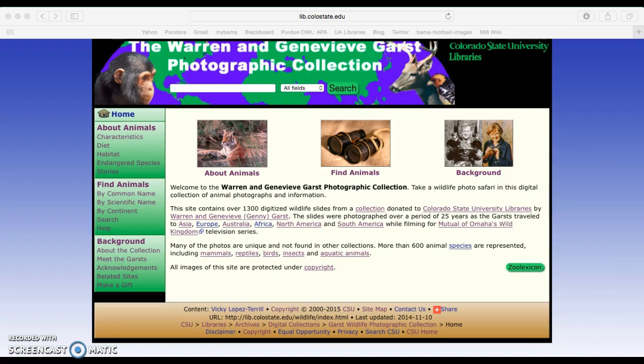And tonight I'm going to share with you a little bit about the Warren and Genevieve Garst photograph collection. I wanted to start with a brief reminder about this collection. It is part of the Colorado State University Digital Collection. It consists of nearly 20,000 slides, and approximately 1,400 of them are digitized. These slides were donated by Warren and Genny Garst, and all of the images depict wildlife from 7